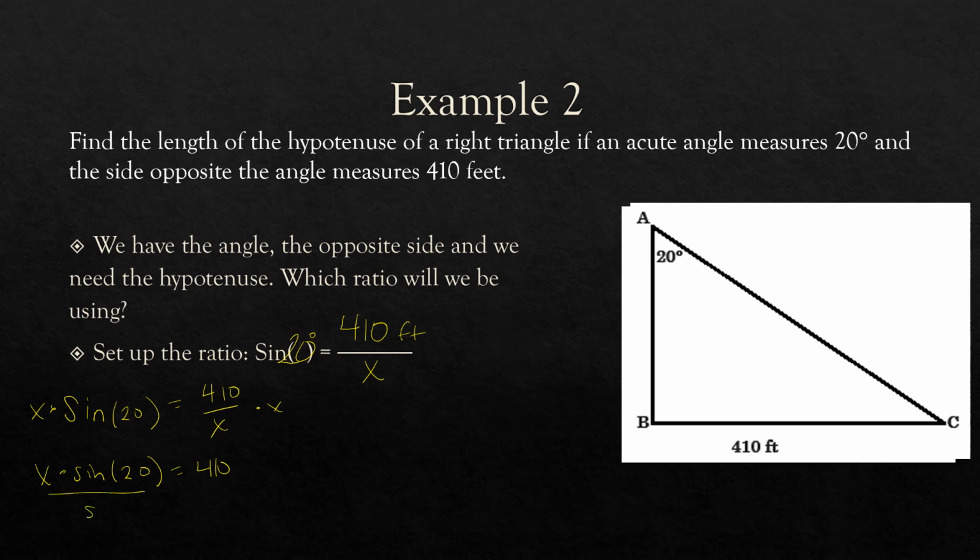If I divide by the sine of 20, I will have x by itself. So now I have that x equals 410 divided by sine of 20. So if you're working with just a scientific calculator, this will work out really well. 410 divided by sine of 20 degrees. You should find that x is, I'm going to round just a little bit,